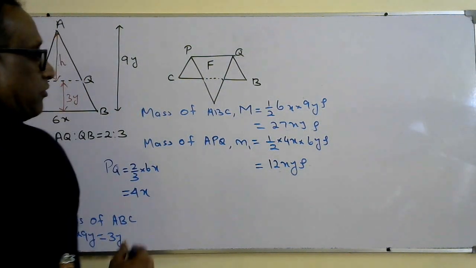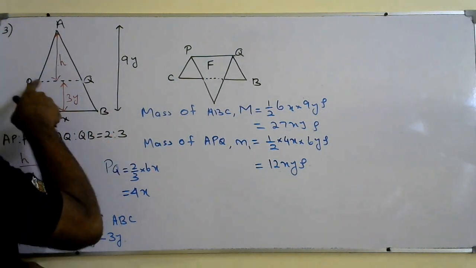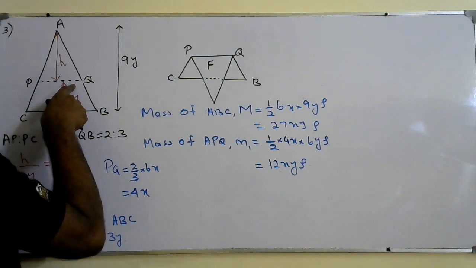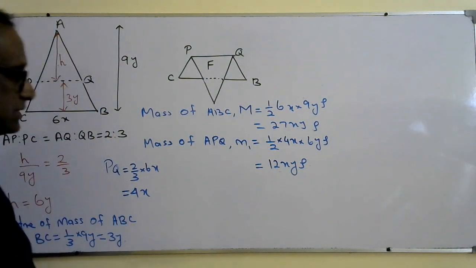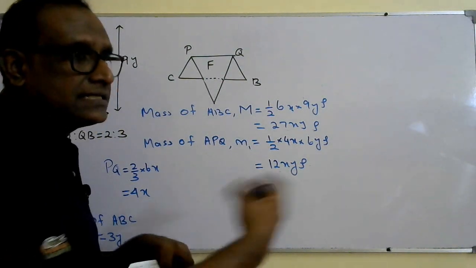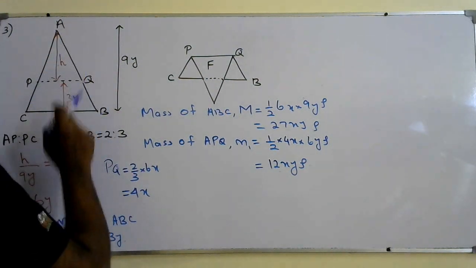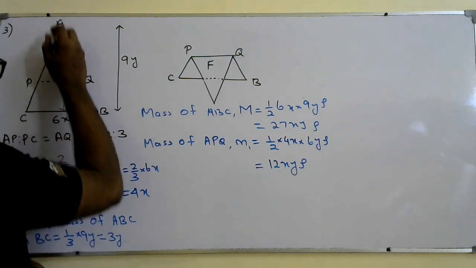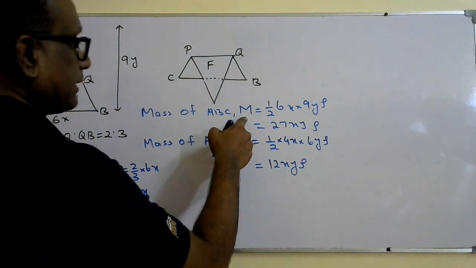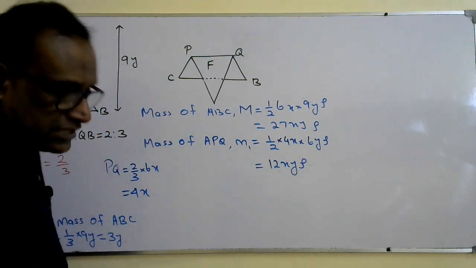Now look here. For the center of mass of the triangle ABC we are going to measure all the distances from PQ. The center of mass of triangle ABC is on PQ, so the distance of the center of mass of ABC from PQ is 0. I told you how to write the equation when mass is added and subtracted. Now mass is subtracted from ABC. The initial center of mass of the triangle ABC is on PQ. The mass of the triangle ABC is capital M, that is 27 xy. So we can write this way, 27 xy